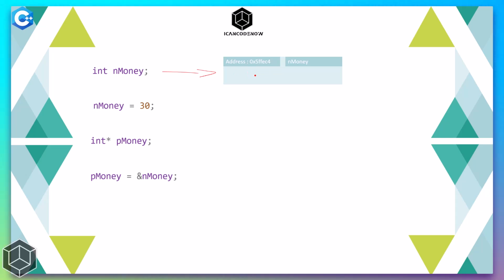And when this memory space is reserved for this variable, we look at it as n money, and the computer sees it as this hexadecimal address. And moving on, when the compiler sees this line here, it is an assignment statement. So it copies this 30 into that reserved memory location, and we have 30 assigned to n money, or 30